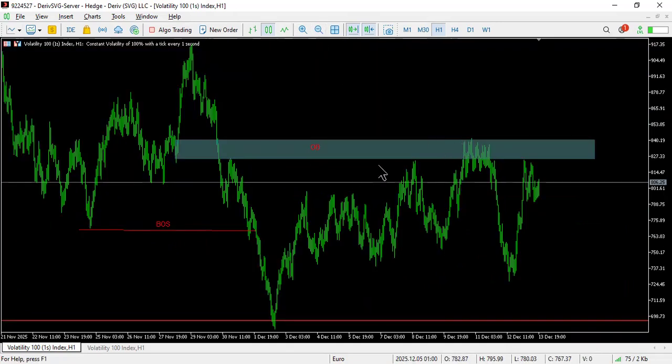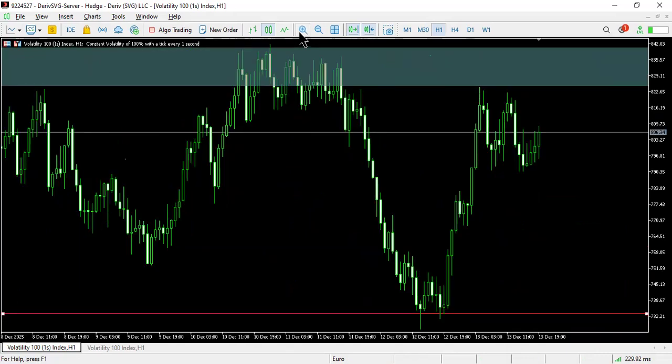And price reacted from the order block, but it pushed until this support level. It's not yet at our take profit point. It's at that support. And I'm still waiting for price to give me a reversal at this order block, and then we'll enter,